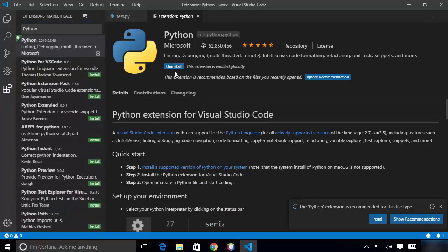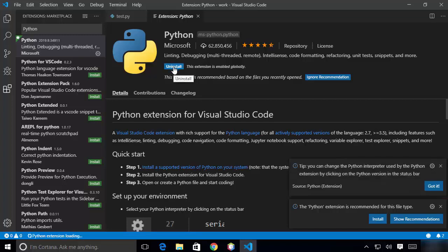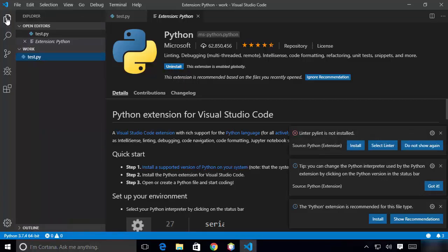Now you can see that this Python extension is added to our Visual Studio Code, and at any time you can also uninstall this extension by clicking on the uninstall button. Once this extension is installed, just go to your Explorer once again.